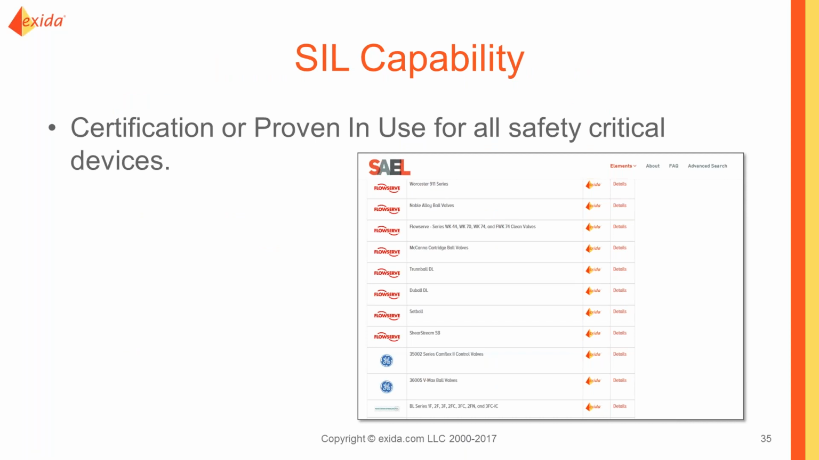There's also a requirement that any device used in a safety instrumented function be selected based on an assessment to 61508 or based on proven in use. There's another website, Safety Automation Equipment List, that lists certified devices and provides references or links for assessment reports and certificates. So that's a good way to help